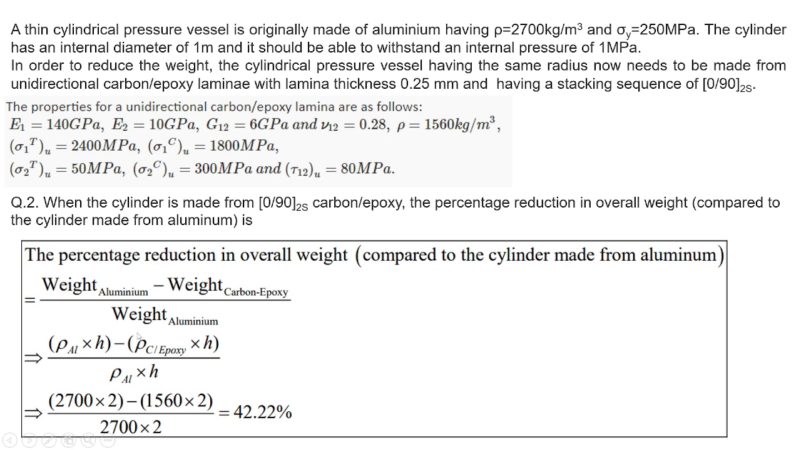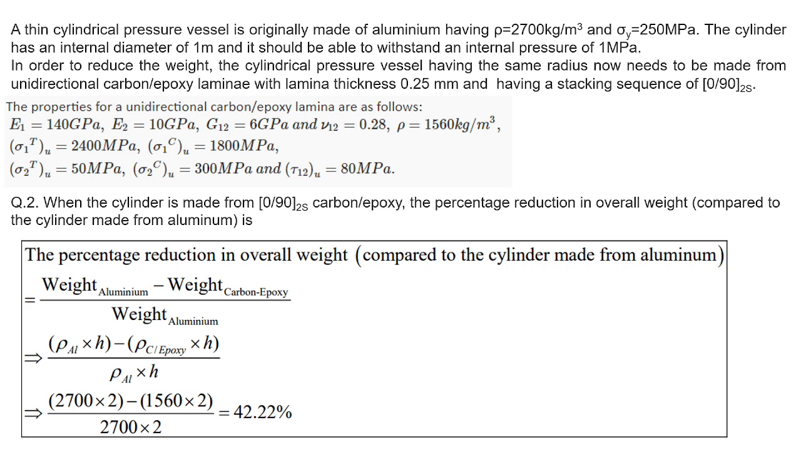Now area will be same, so the only things will be density and thickness. Density into area into thickness is the formula for weight. So area gets cancelled. So thickness here, 0/90s, that means 0 and 90 laminas in symmetry will become 4 and 2s, which means it is double, that means 8. Now the thickness of one lamina is 0.25 mm, so multiplying by 8 we will get the thickness as